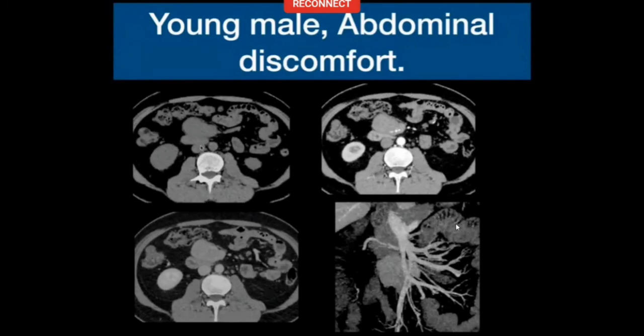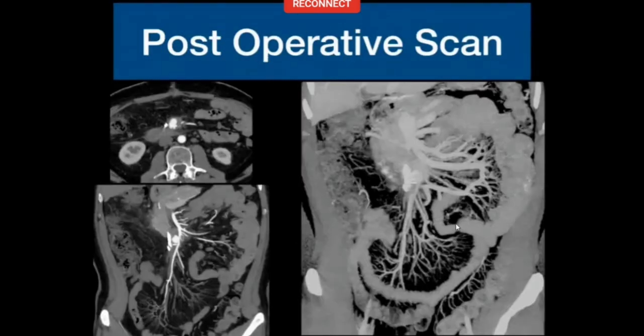Again, I was wrong rather. So there was a lesion in the root of the mesentery. It is encasing the SMA. So we said, remember the wheel I showed you. If you cut off this portion of the SMA, then you will not get blood supply to the distal bowel. So we told the surgeon it's probably inoperable. He went ahead and operated.